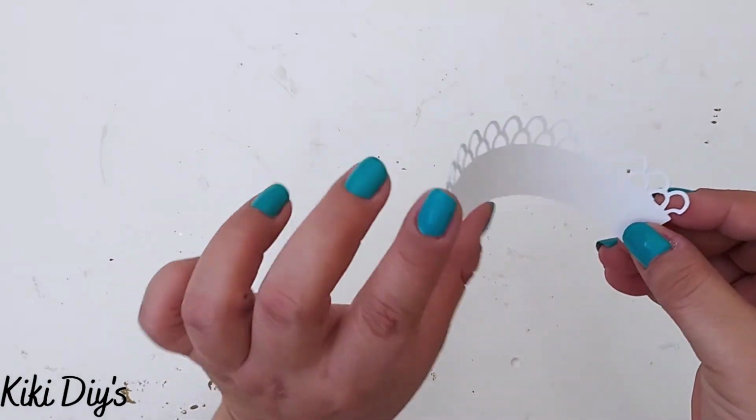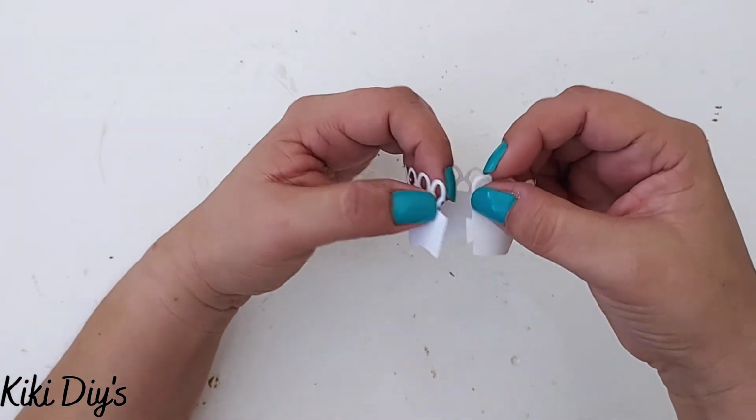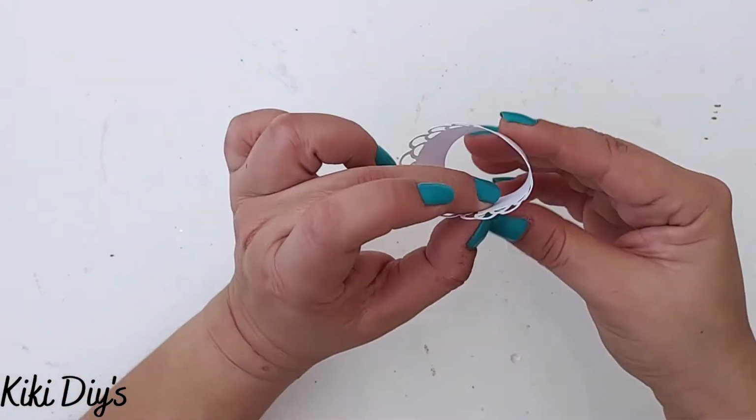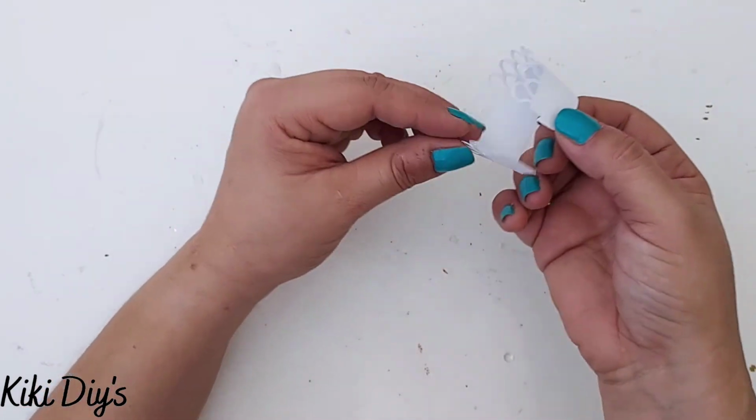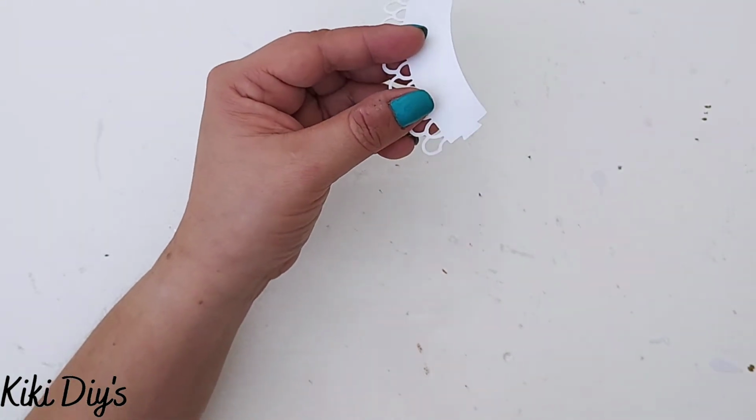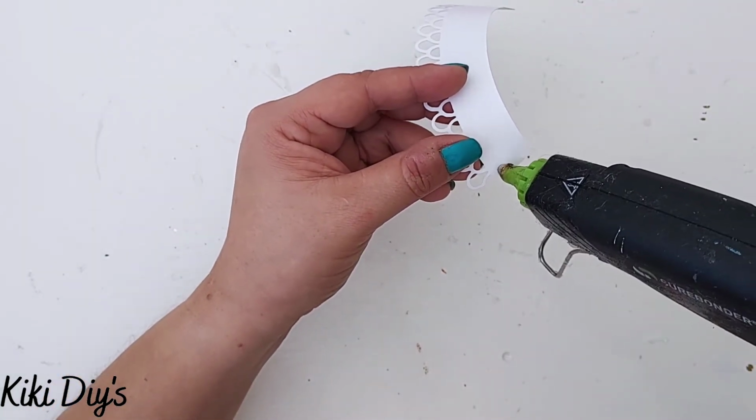And it's pretty fast. Now that I have it over here, what we're gonna do is glue it together, and for that I'm just gonna fold it like this. Add a little bit of hot glue over there on the lip that it has. Let me show you. There I'm gonna add a little bit of hot glue, and then I'm gonna glue it